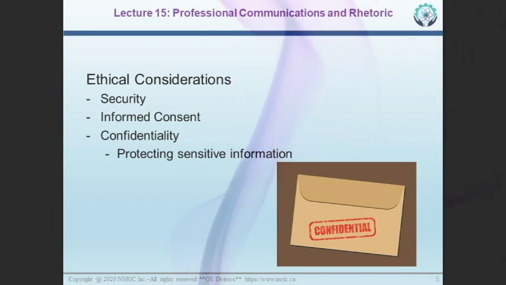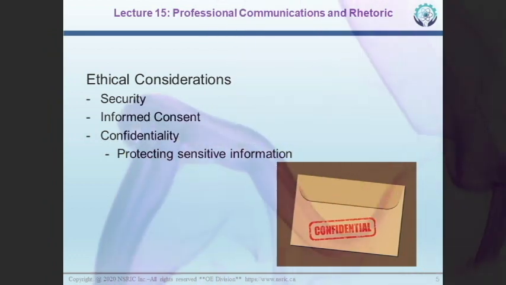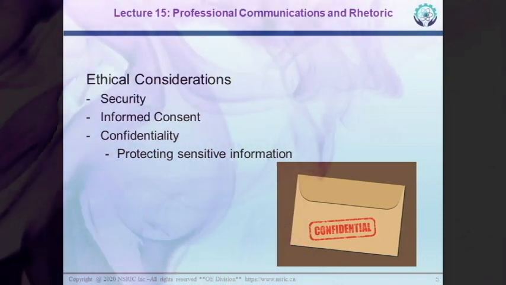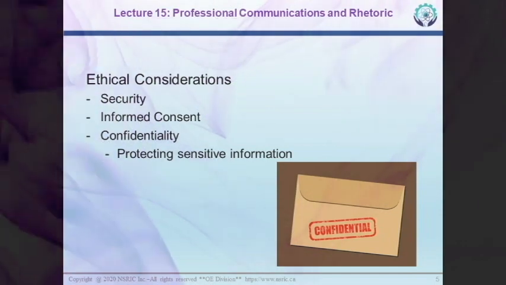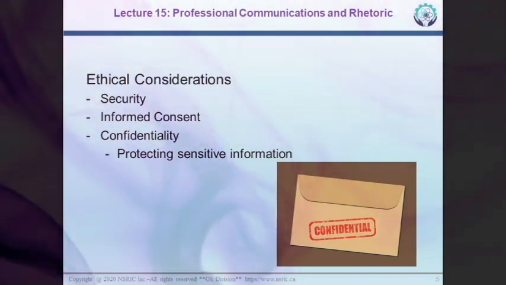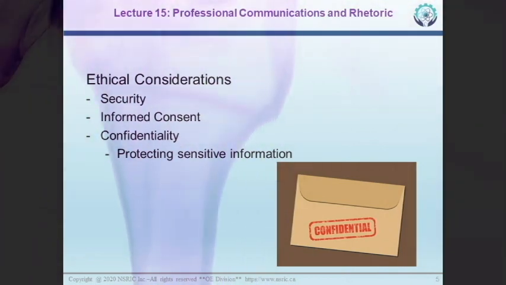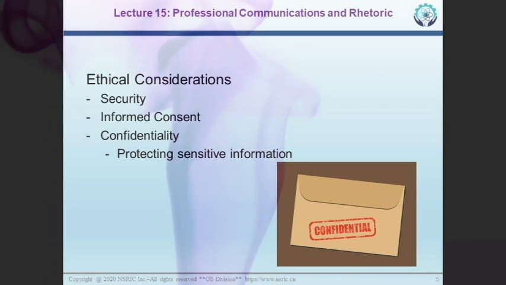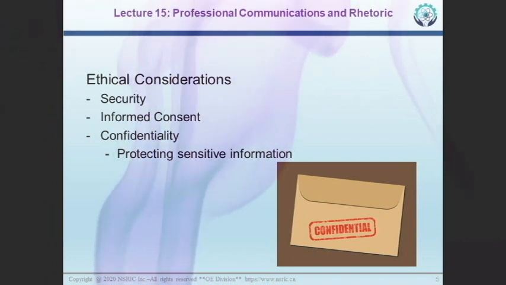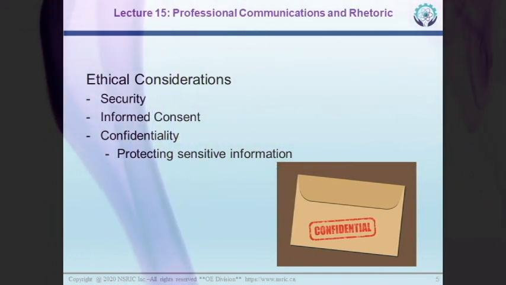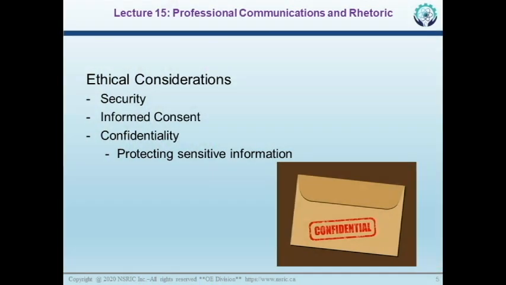The first one is documentation of client care in, say, for example, a counseling setting. It requires that you hold on to it, normally in most regions, for 7 years. And it needs to be secure and locked. And so this information is around for a long time. But it can also be very sensitive information, so it needs to be confidential. And so one ethical principle that is particularly relevant to documentation in social and community services is confidentiality.